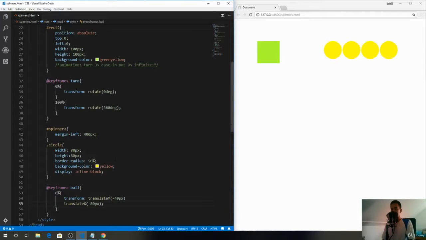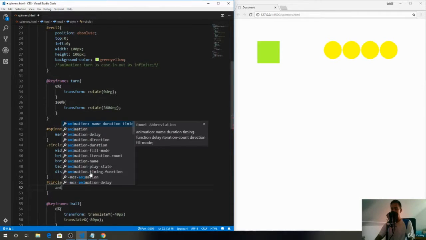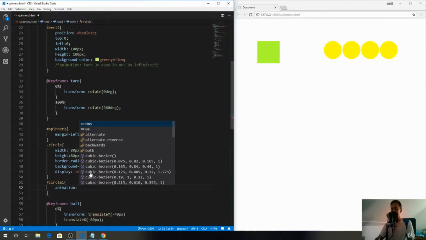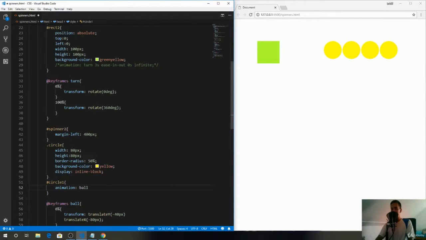So let's add this animation so that we can control and see how it looks. I'll write ID circle1 because that's the circle we want to animate, this one, and in here I will write animation: ball, and let's give it 2 seconds, linear, and 0 second delay, and we want it to be infinite, like this. Hit save, and you can see the ball